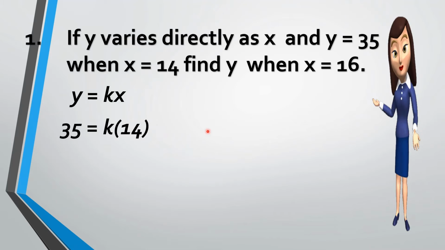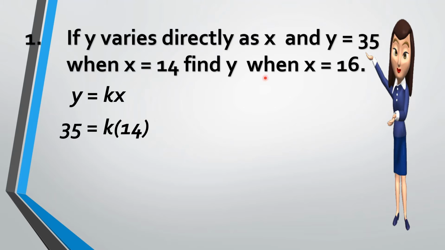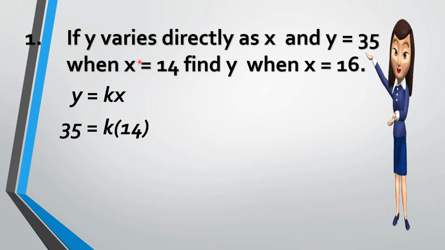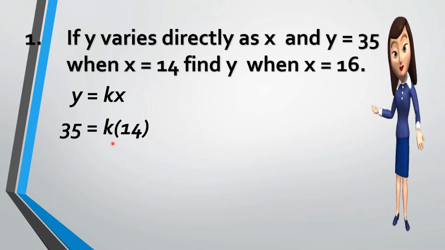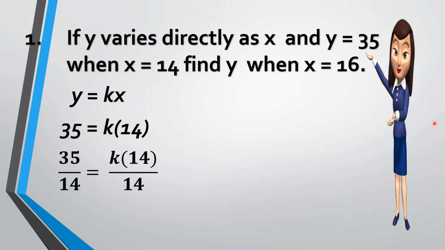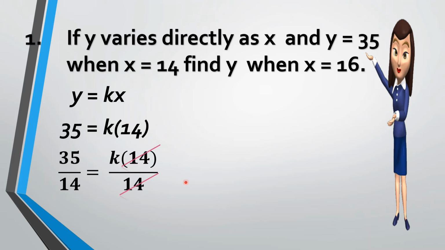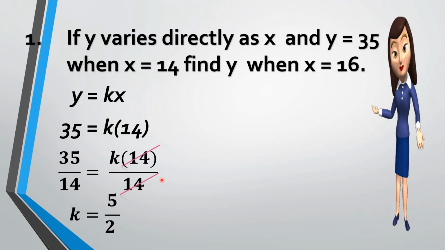After that, we are going to substitute the value of y. So our y is 35, then k is the constant of variation, then x is equal to 14. We will get the value of k. So to get that, we need to divide both sides by 14. So 14 and 14 cancel. So our k now is